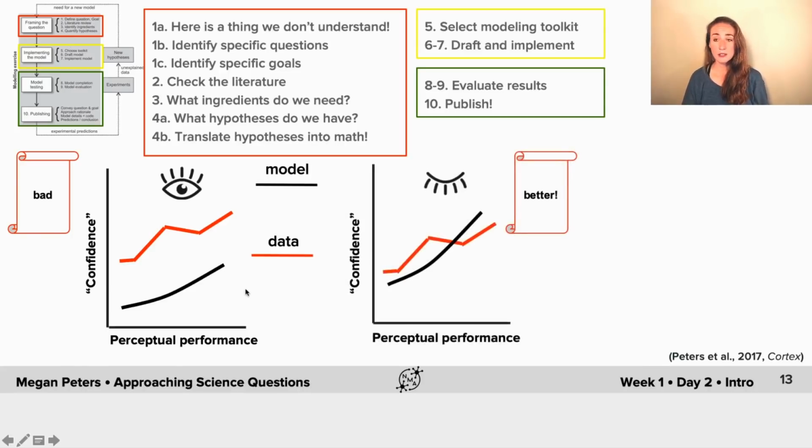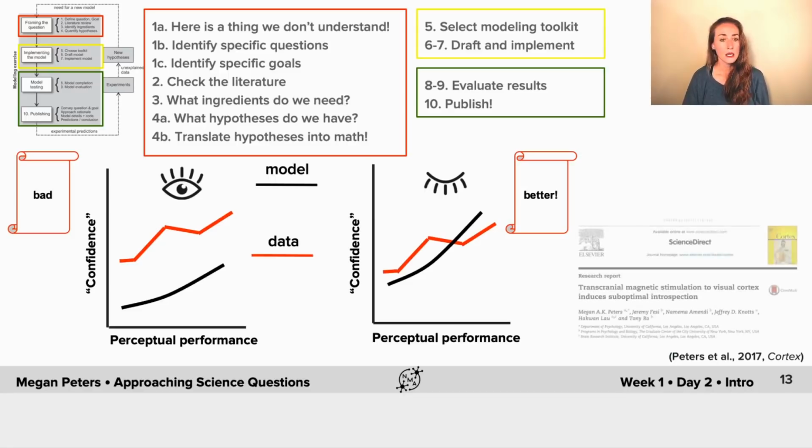The metacognitively blind model is actually doing a whole lot better. It's not perfect. The behavior is kind of noisy. This red line is a little squiggly, but it's a heck of a lot better than the metacognitively aware model. And so in this competition, the metacognitively blind model wins. It was the best fitting model of the ones that we tried. We did also try a couple of other variants just to make sure that we're not missing anything. And then we ended up publishing this work in the journal Cortex about 3 years ago now.